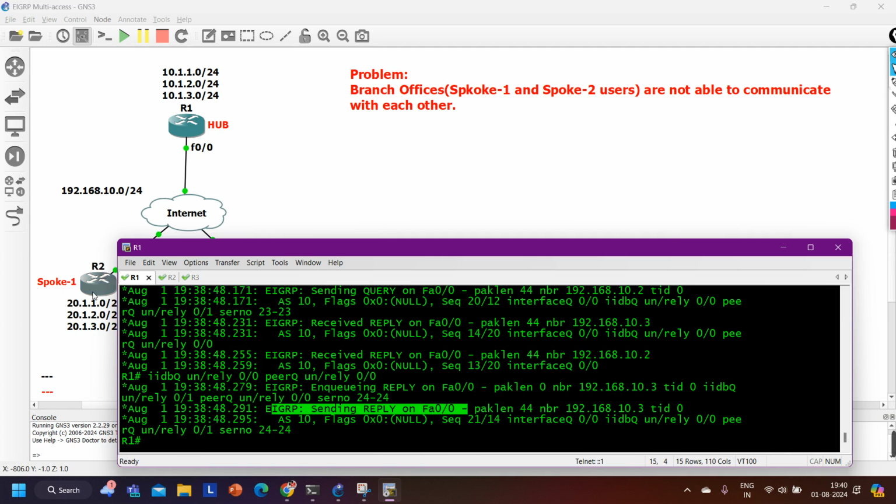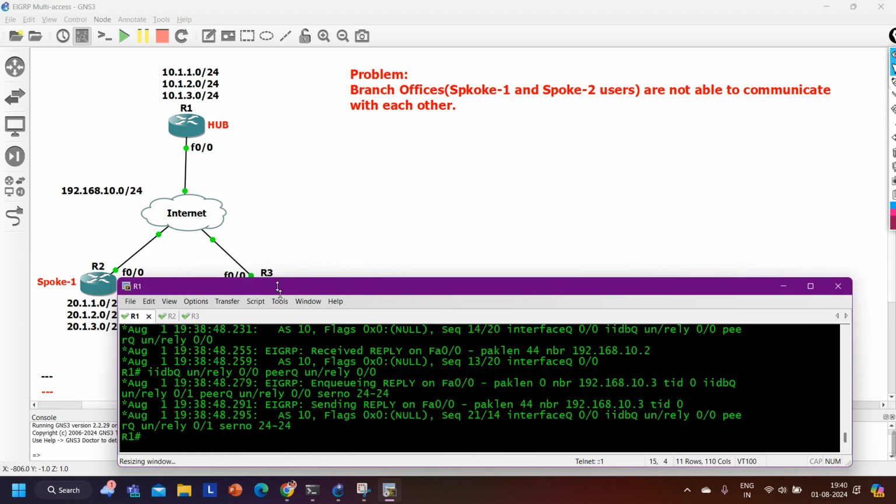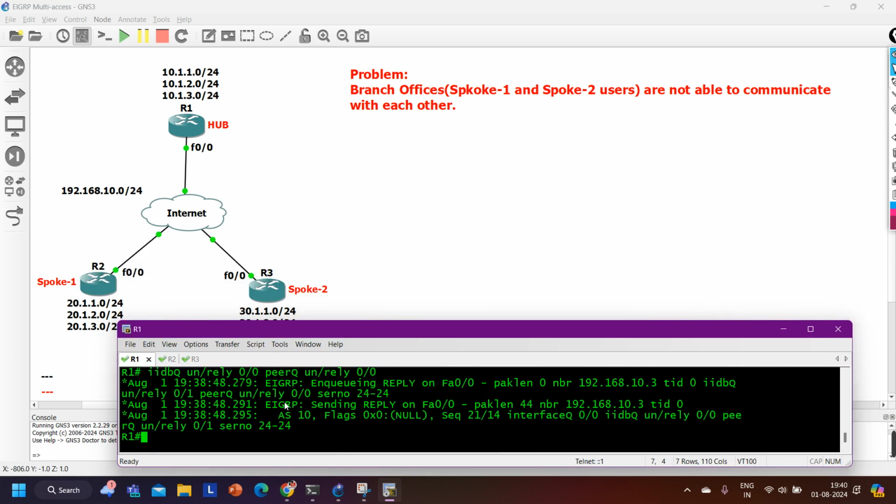So when a spoke router generates a reply, then the hub router is going to reply to the other spoke router, meaning router number 3. If a spoke router does not generate a reply message, then your EIGRP network will become unstable, right? Then router 1 is going to break the neighborship. And as you know, whenever routers break the neighborship, they encapsulate and decapsulate lots of messages, so performance goes down. So for better performance, we can enable a stub on spoke